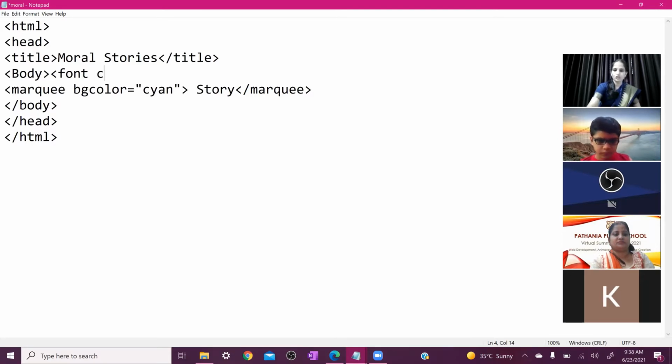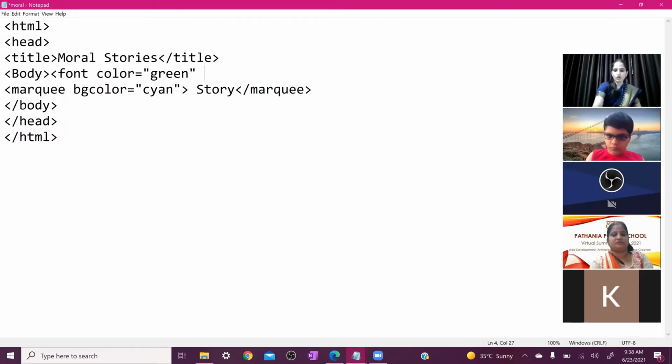Here you use color. Just write color. Font color is equal to, if you want, you can write green color or any color, but if you don't want to, don't write it. By default the text color is black, and the background color is white. So here, for example, I am writing green color.